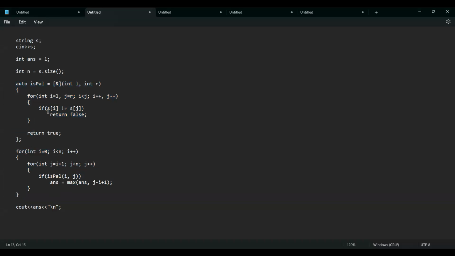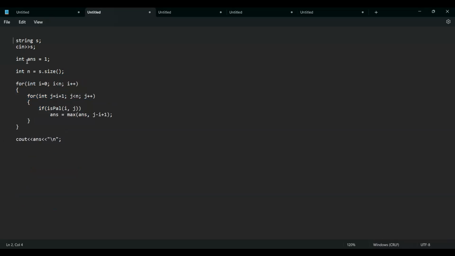So what you wrote here, like auto is palindrome. Okay, forget about this. This is just a function. You don't have to actually copy the same. You can write this as Boolean is palindrome, and you can do something like this. This is the function, right? So this is inside main,